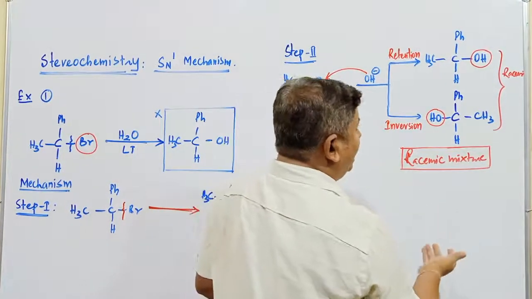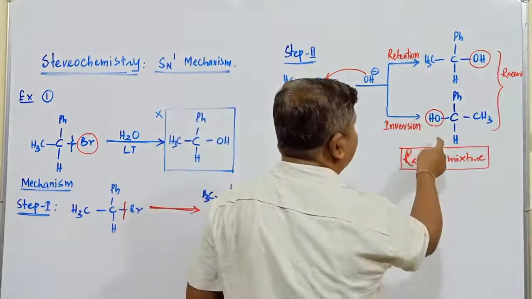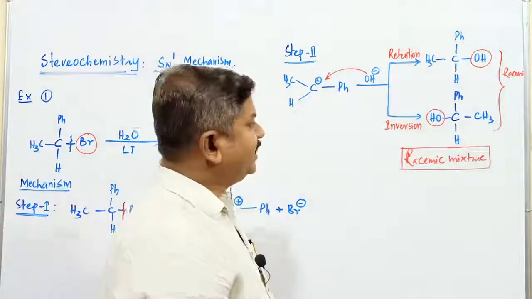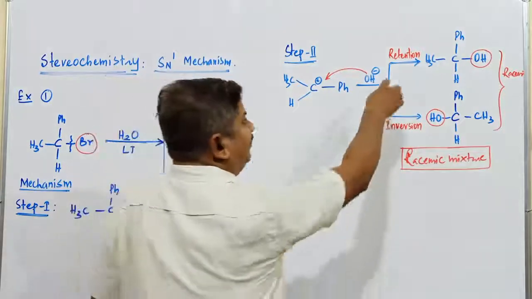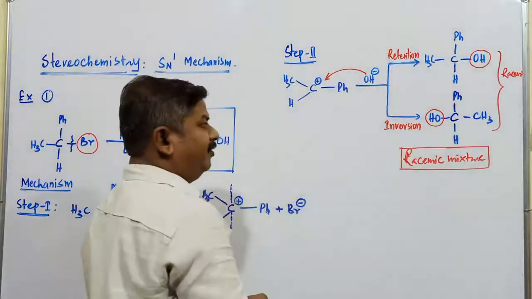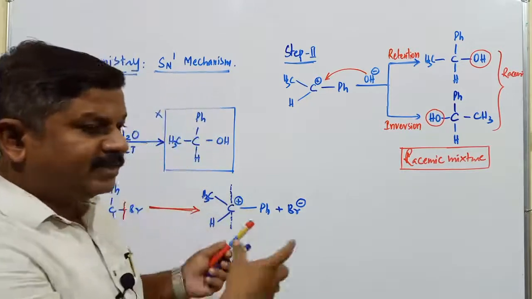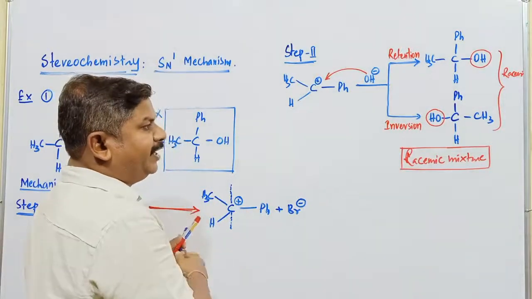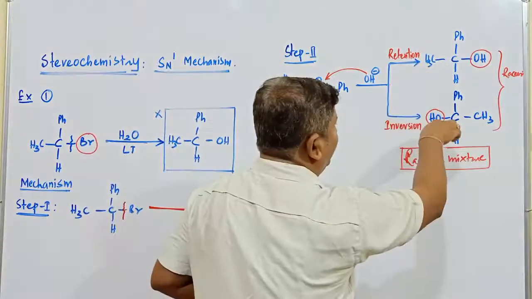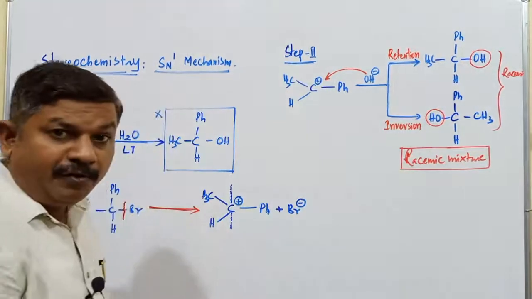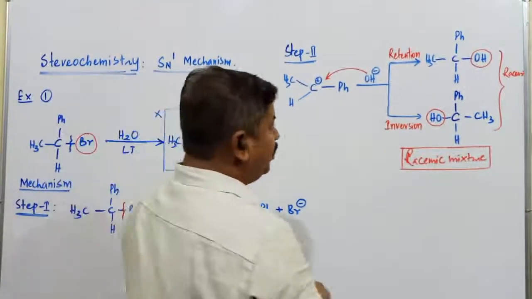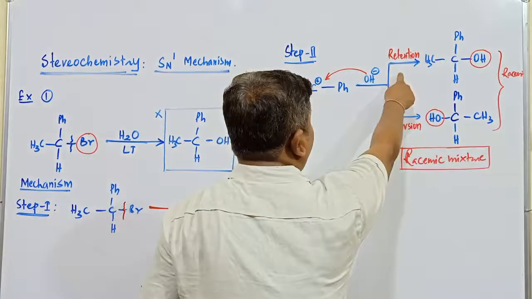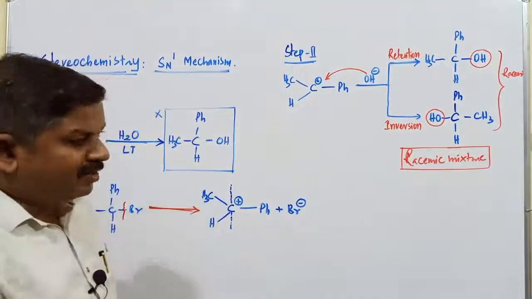It need not essentially be that this is D and this is L; this may be L or this may be D. With the help of this structure, it is not possible to assign the D or L isomer, but we can say retention as well as inversion of configuration. In the previous class, while discussing the concept of retention and inversion, whenever a molecule undergoes retention as well as inversion, formation of both compounds takes place, and that mixture is commonly referred to as a racemic mixture. So what is the meaning of racemic mixture? It is an equimolar mixture of the retention of configuration as well as the inversion of configuration.